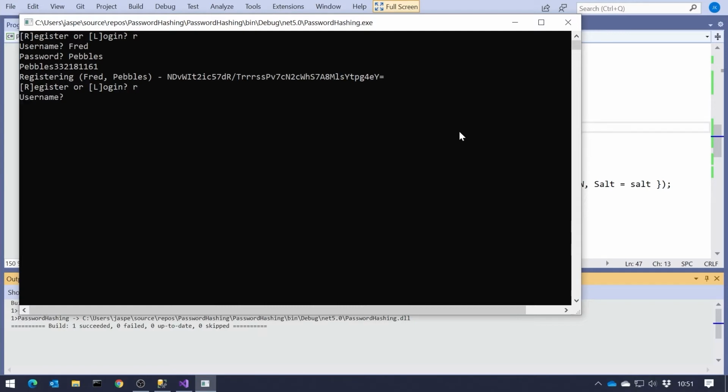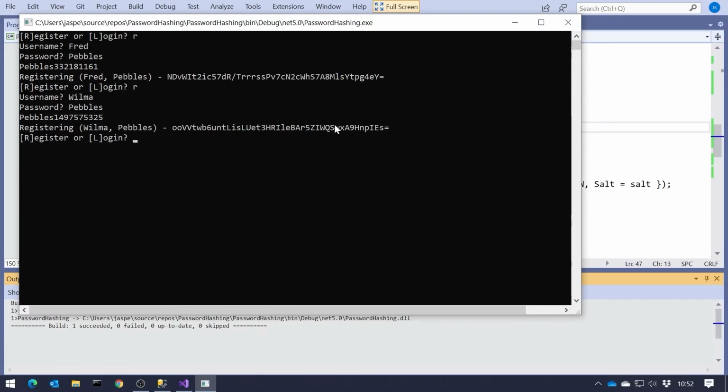And then if I register Wilma, and if Wilma chooses the same password, we've got a very good likelihood that it's going to be a different salt, and therefore, because we're then hashing the salted password, we get a completely different hash. And so that now means that you can't spot that these two are the same password, even though they are.